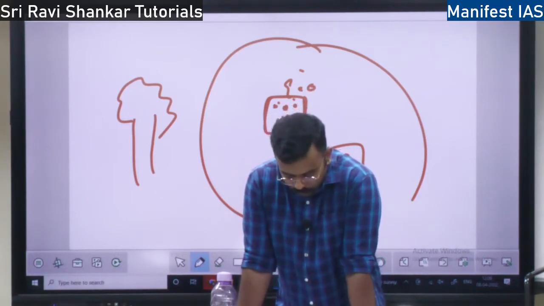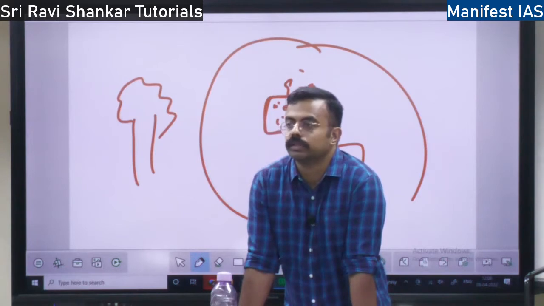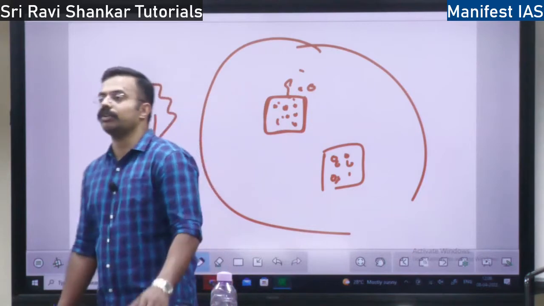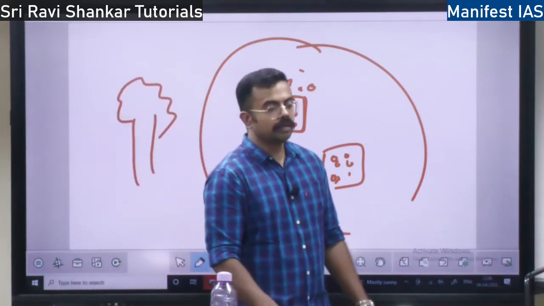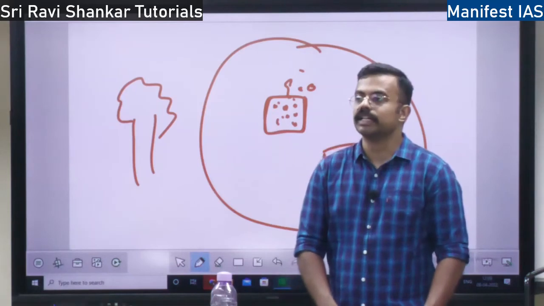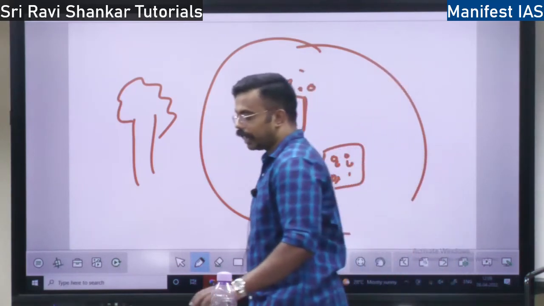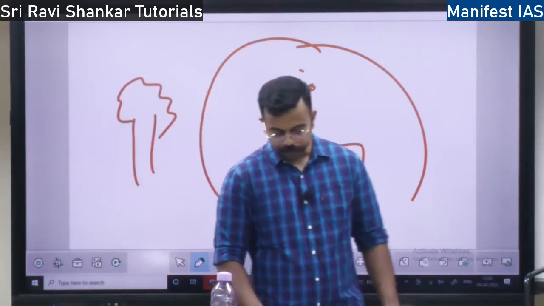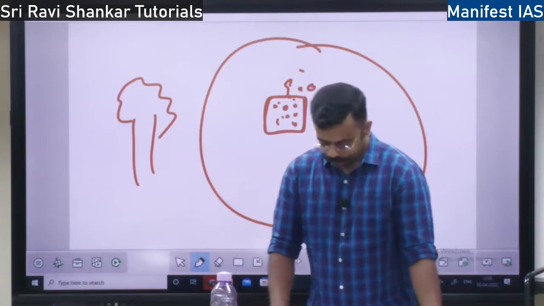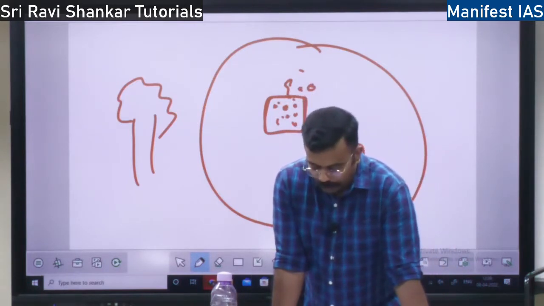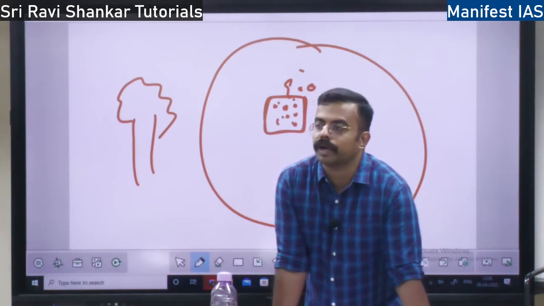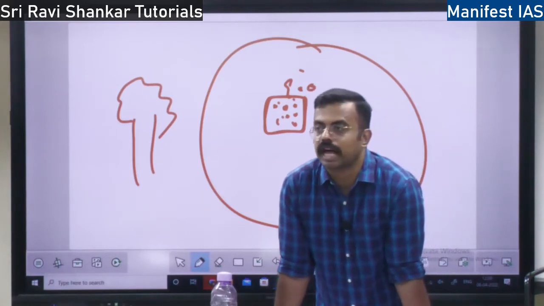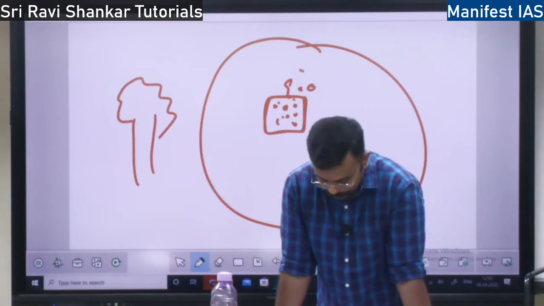Then you have latitude and altitude. Latitude and altitude are also abiotic components, because with increasing latitude, as you go towards the poles, there is a cold climate. As you come towards the equator, there is a warm climate. Latitude also impacts the ecosystem, right? Not only that, organic and inorganic compounds are also abiotic factors. Organic compounds include carbon and hydrogen. Organic, as simple as that, right?